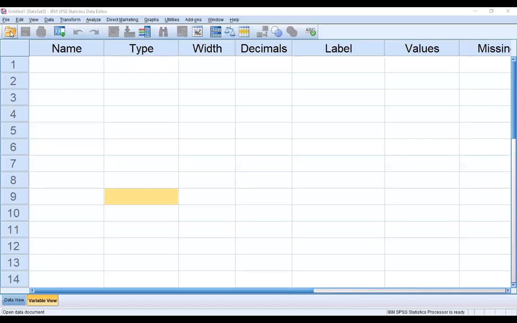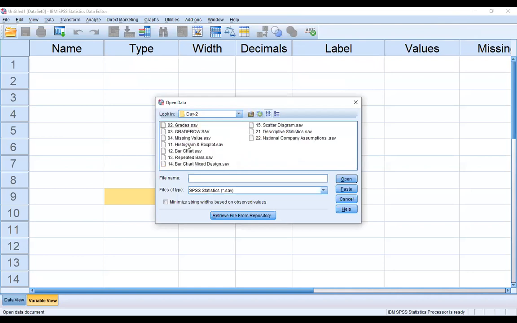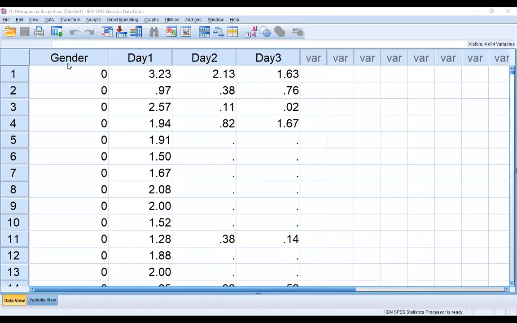I have stopped sharing it and am opening my file, the histogram and box plot. Is it visible? Can you see this file: gender, day 1, day 2, day 3? Can you see this slide?